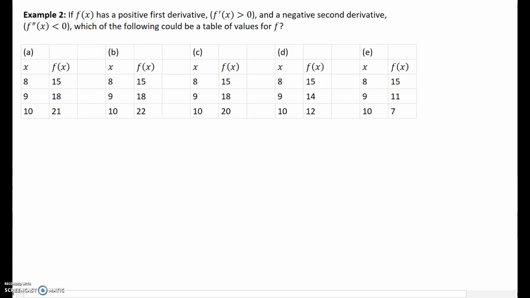Okay, so here's another example of interpreting the second derivative, and it's interpreting it in a numerical setting, similar to the first example, but not exactly the same either. Let's start off with the bits of information that we're given. We're told that f prime of x is greater than 0. Well, what that means is that successive values